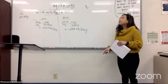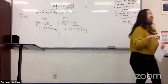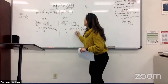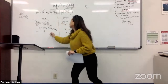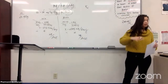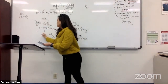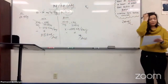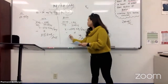Okay. Per dose now, where do I look? Right over here. QID. What does QID mean? I'll divide this by 4, divide this by 4, and my answer here will be per dose. Mg per dose. See that? Step by step, one by one, little by little. Okay. 1,272.5 divided by 4 should give you 318.13 mg per dose. Who got that one? Hands up. Good job. And 2,545 milligrams divided by 4 should give you